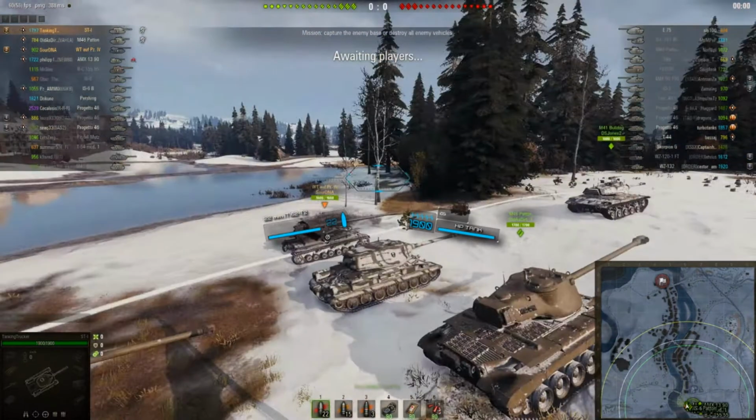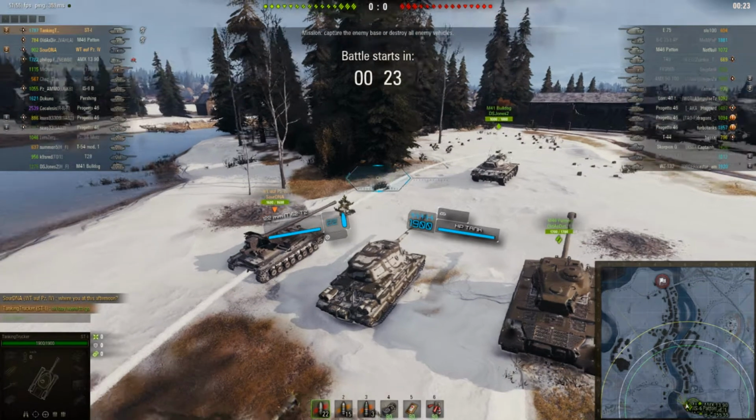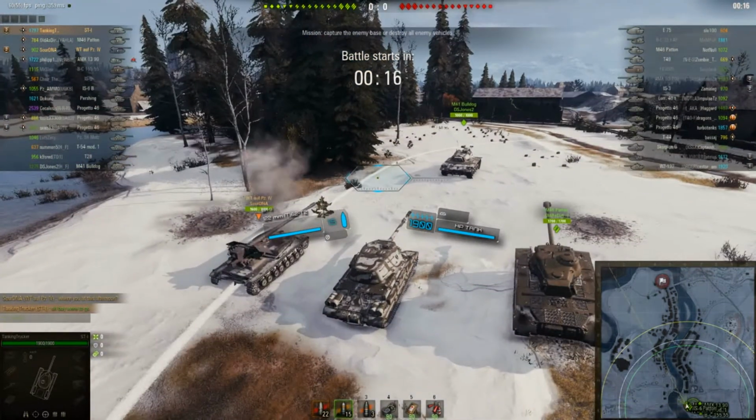Alrighty, so here we are in Erlenberg in the ST1. This is the first time I've had this map with a higher tier tank. Usually I end up in a tier running some 5s or 6s, and what I normally do is I'll go hide in this tree line right over here and just plug anybody that comes around the castle. Well,